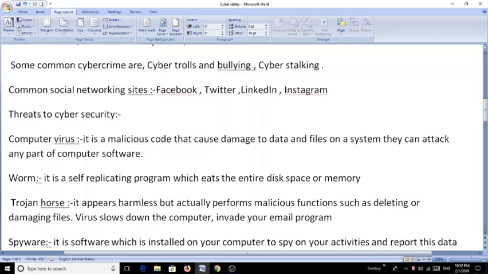Some common networking sites. Facebook is a platform to set up your page where you can share your ideas in the form of posts, share your photos, videos, etc. Through Facebook, you can connect with other Facebook users and exchange messages posted, etc. It allows you to view the posts, images, and videos shared by your friends and provide options to like it or comment on it.